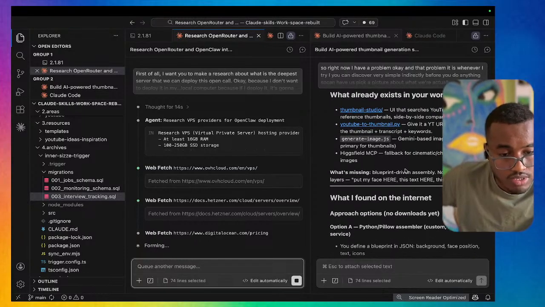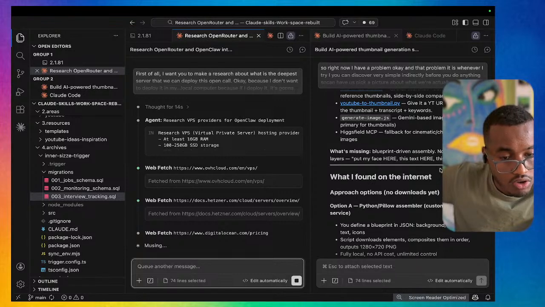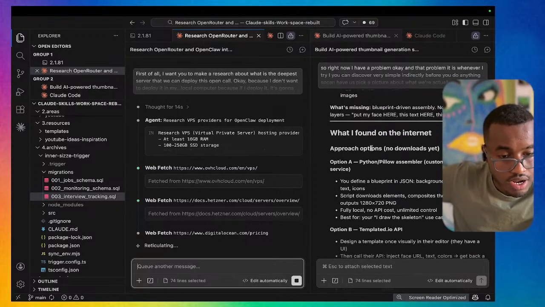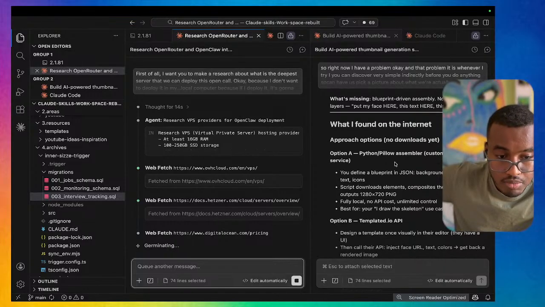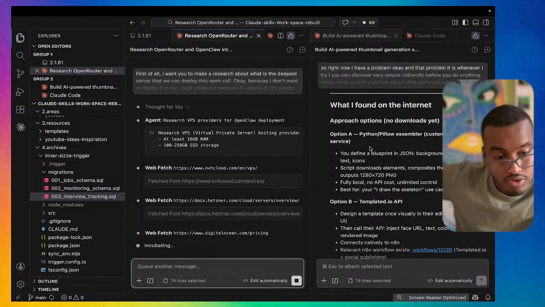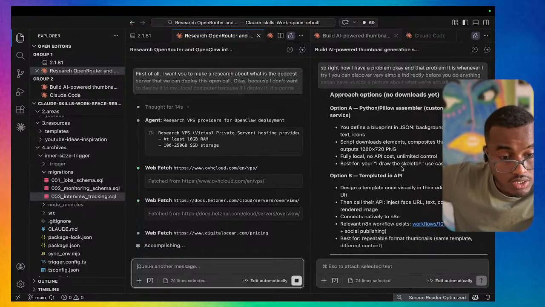fallback. What is missing is blueprint-driven assembly, nothing composes the layers: put my face here, this text here, this icon here. Where I found on the internet, approach options, none downloaded yet. Option 1, Python below assembles, custom, no external services. You define a blueprint in JSON: background, face position, text and icon. The script downloads the elements,